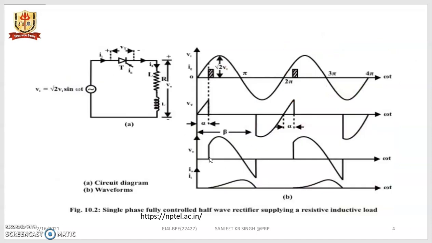And in this case, the SCR is not turned off at this 0 crossing 180 degree, but it continues to conduct due to the large inductive load connected. It will have energy stored in it, and that will force the thyristor to remain in on state till it dissipates the energy, and therefore it will conduct to some degree in the negative half cycle as well. So this will reduce the overall load voltage, because this is negative power flowing from load to source.